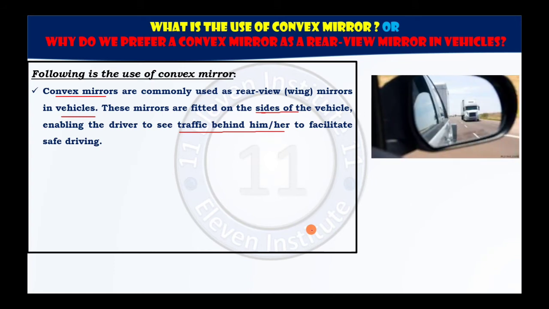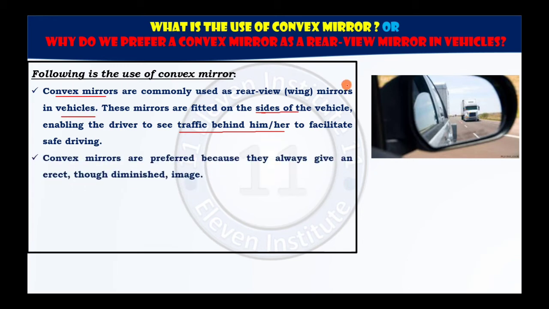Now it is evident this truck is quite big in size. The actual size of this truck is quite big, but we get a diminished image, a small image of this truck, and you can see the entire truck inside this small mirror. If you don't use a convex mirror over here, and if you use a plane mirror over here, then you are not able to see this entire truck in this much of the mirror. Only a small part will be visible. Right, why are we using a convex mirror? Because we want the entire truck to be fitted over here. We do not want the same sized image as the object. We want a diminished image, and hence we are using convex mirrors.